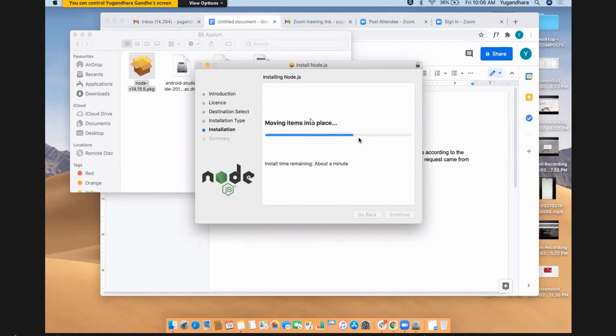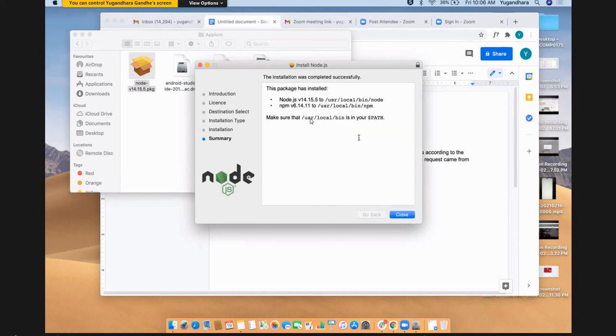Once we are done with the installation, this is the location, /usr/local/bin, where Node.js has been installed. You can see /usr/local/bin/node. Here Node.js is installed.